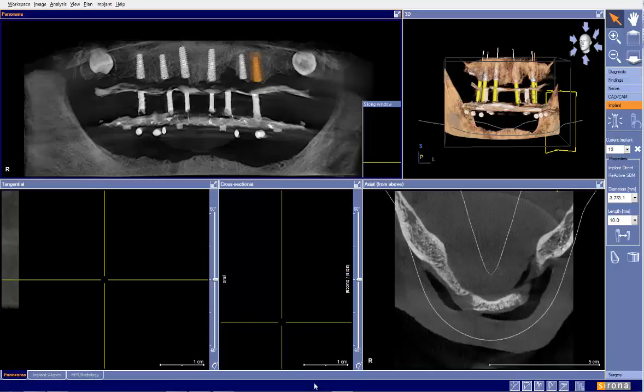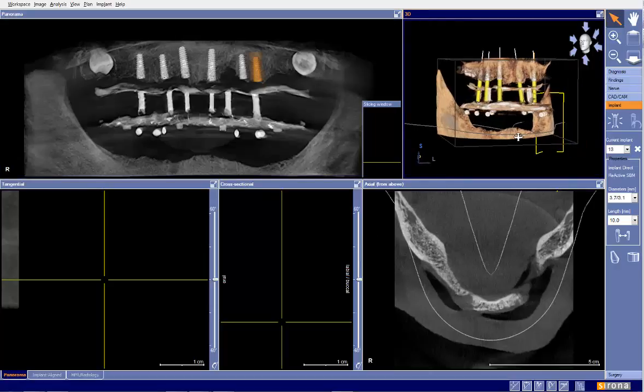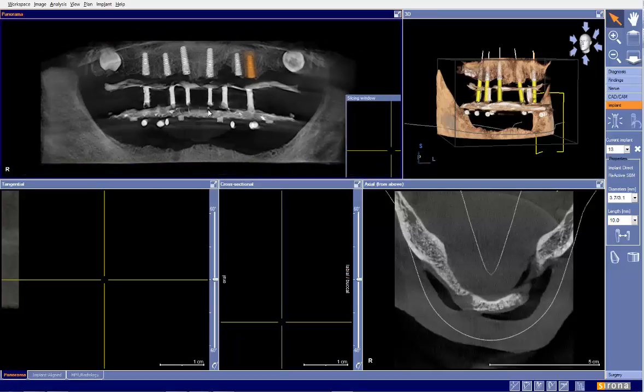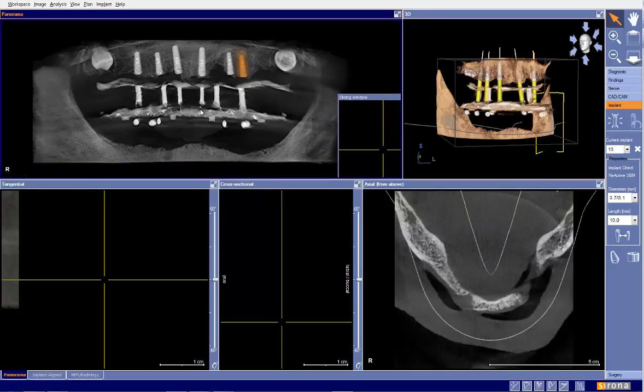Okay, this case was submitted to evaluate a full upper arch plan. Unfortunately, I don't have a lot of information in terms of what the final prosthetic is. Is it going to be a fixed bridge? Is it going to be an overdenture with the bar? Is it going to be a hybrid screw retained restoration? But I thought it would be a good opportunity to go over a few specific items based on what was